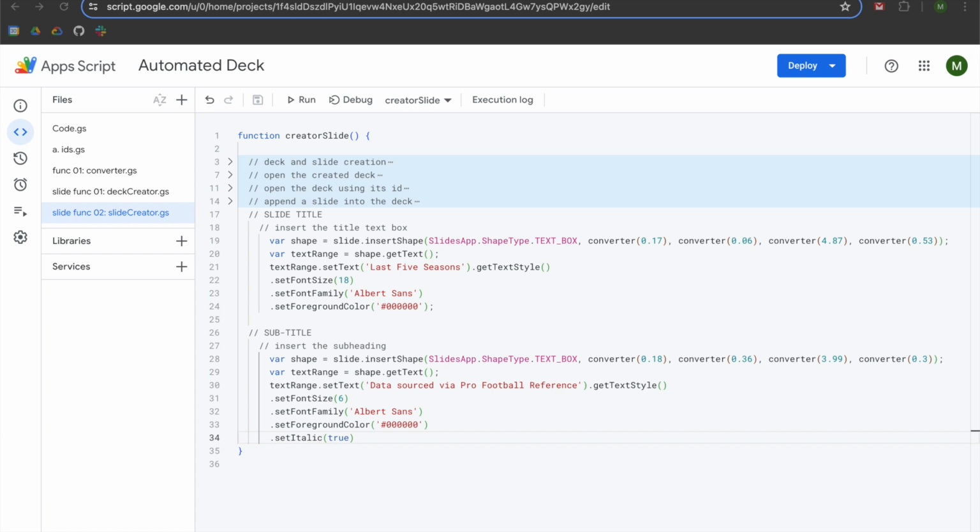Hey folks, this is the sixth video in my series that focuses on automating the creation of a Google Slides presentation deck using Google Apps Script. To this point in the series, we have learned how to automate the creation of a deck, how to move that deck to a destination folder, setting up some development logic so that we can delete newly created decks so that we don't have to, learned how to append a slide into the created deck, and how to add text